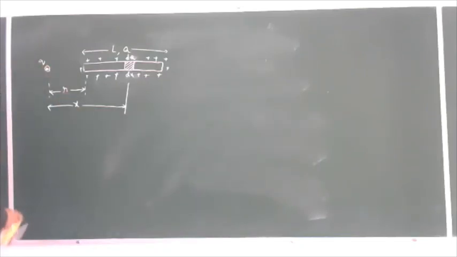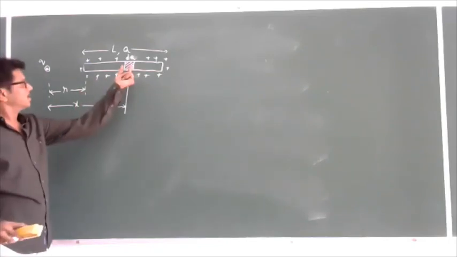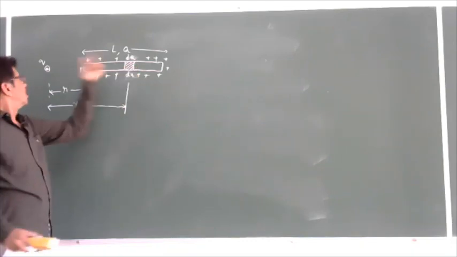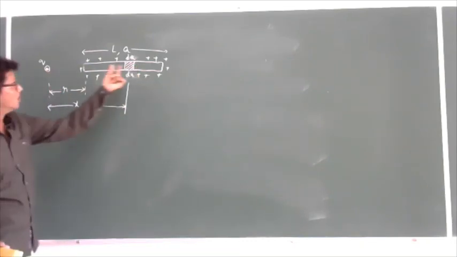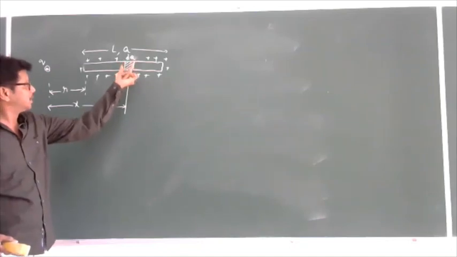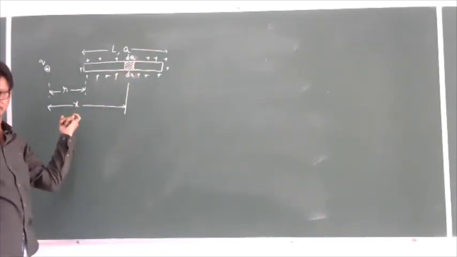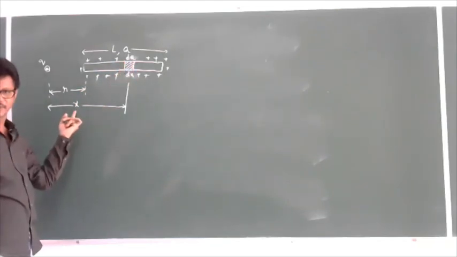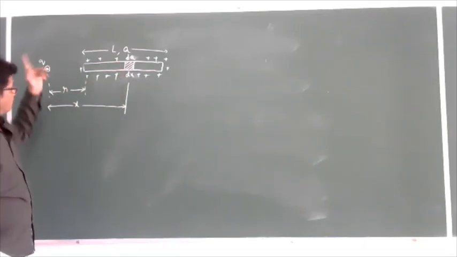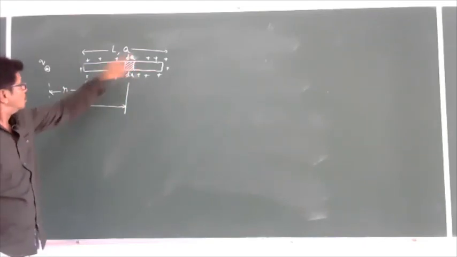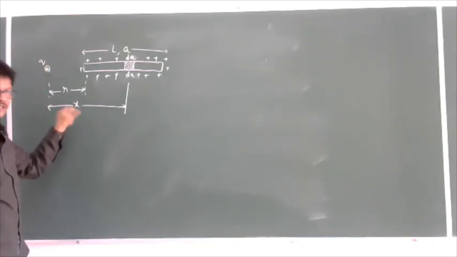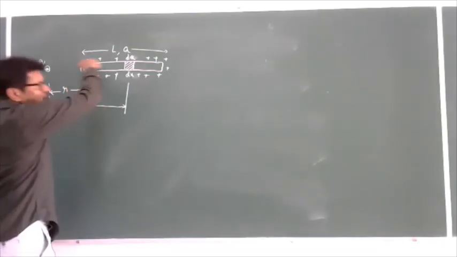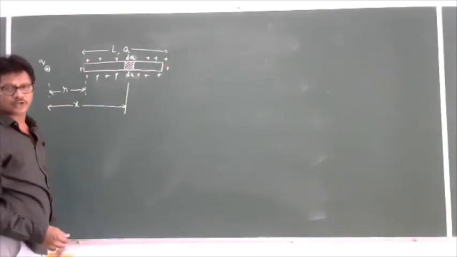Now what I'm going to do is, because of this dq, how much force will act? Because we know where exactly the dq is located, which is at a distance x. Then easily we can find the force between dq and small q, because we know this distance. But that force will not be the total force.